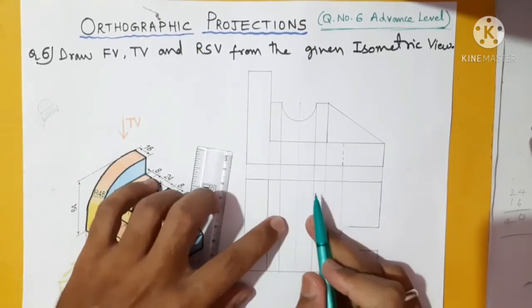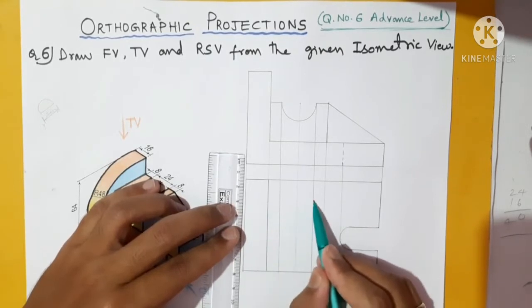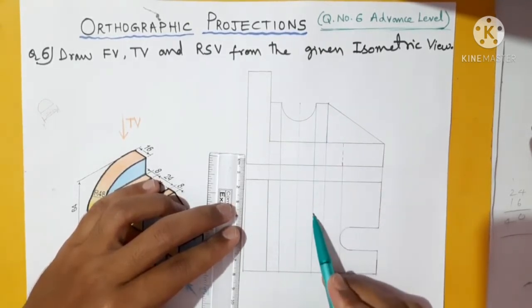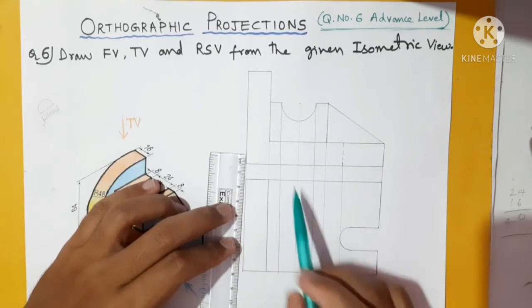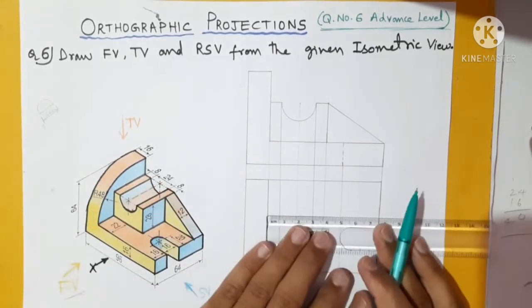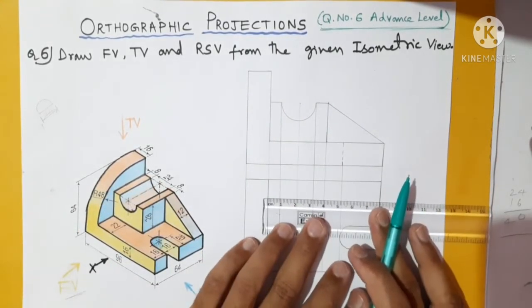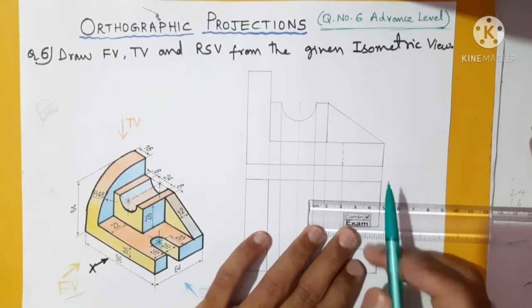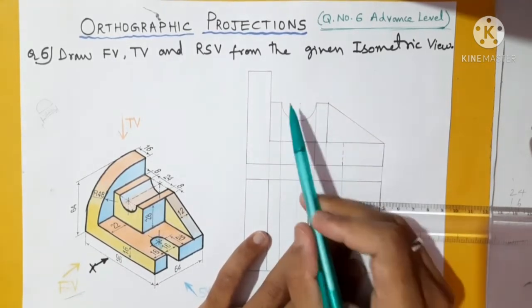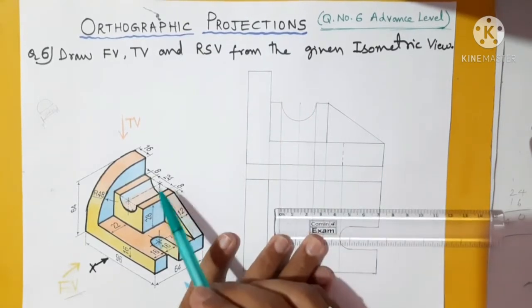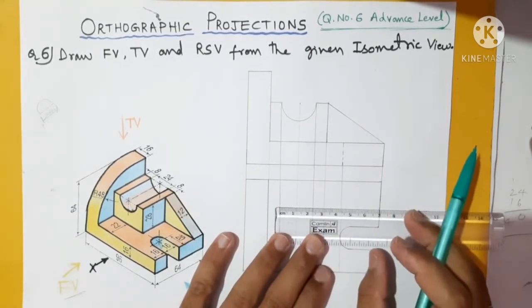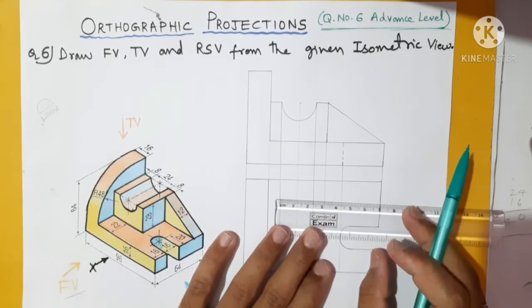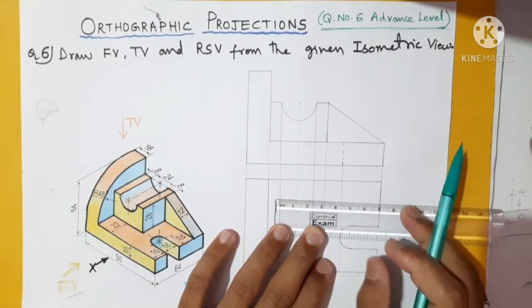So anyhow we have taken the projectors. This is 8 mm, from here also this is 8 mm, and this gap should be 24 from this arc. You can measure. See, this is 8 mm, from here to here in between them is also 8 mm from those projectors, and this gap should be here as 24. So here it is almost 24, it is 23.5 something like that.